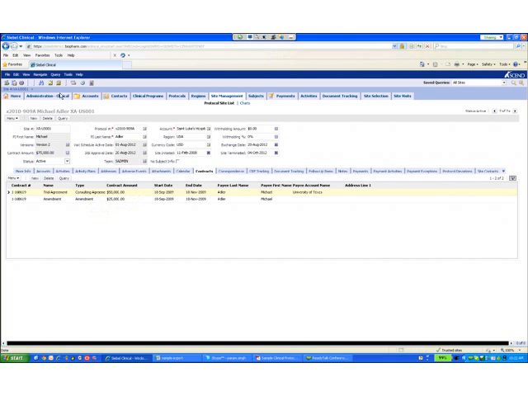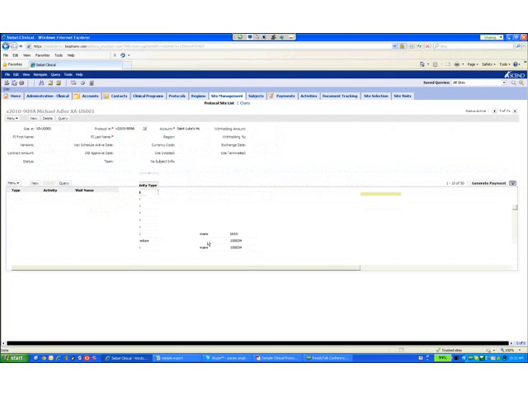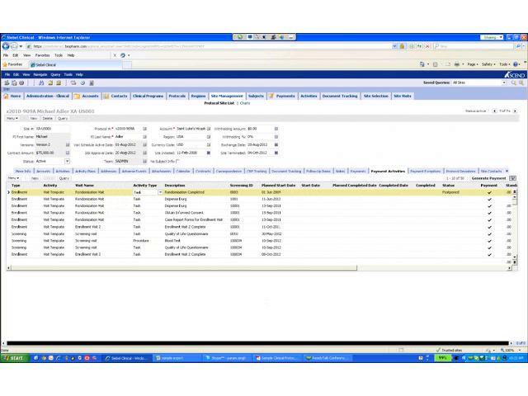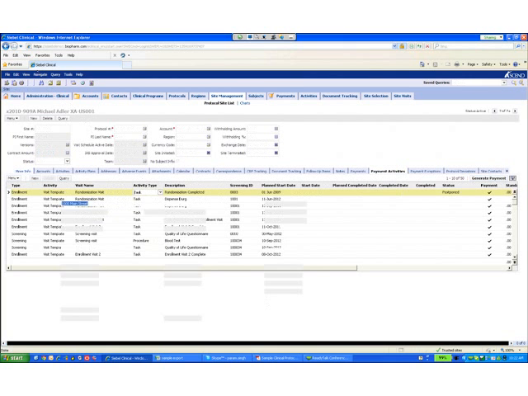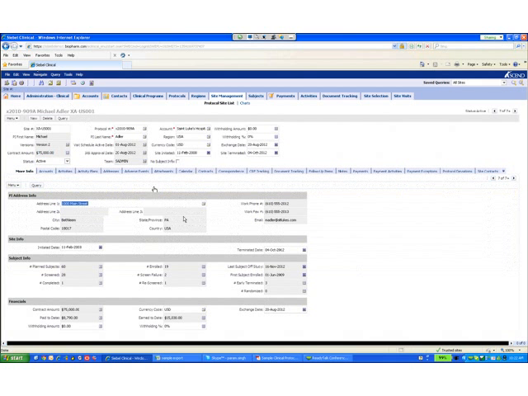And as you generate activities that complete, so milestones, subject visits, other things that have payment against them, and then we actually complete these activities, the system has the ability to capture high-level summary financial information: earned to date and paid to date.